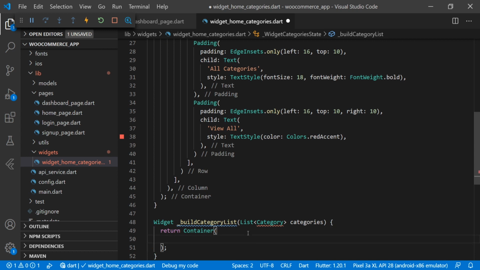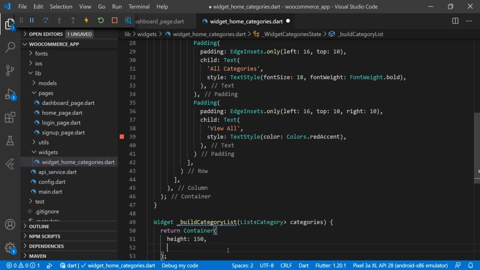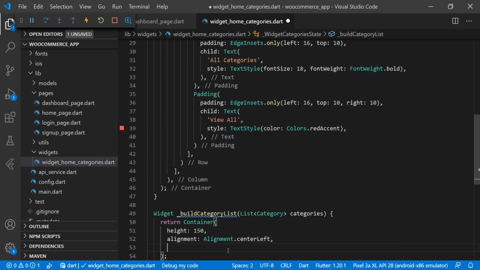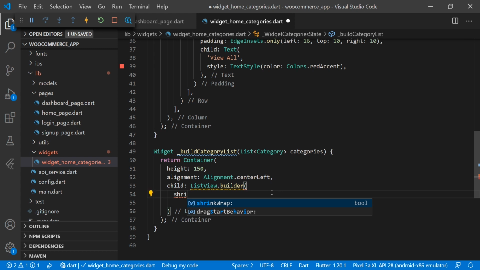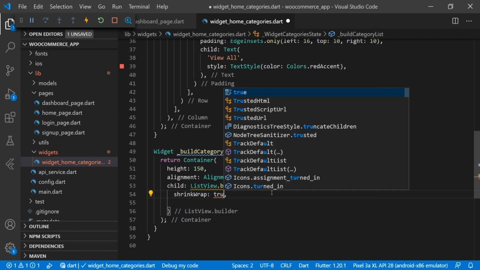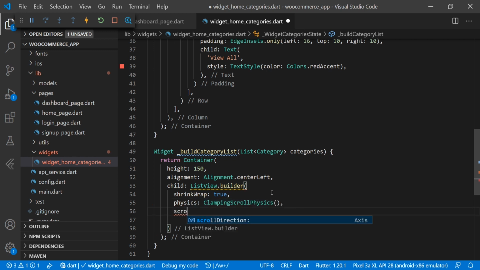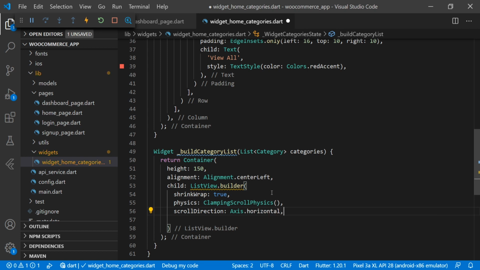Inside that container we are using the list view builder, and the height we are using 150, and the alignment we are using alignment center left. For the child we are using list view builder, and shrink wrap we are using true. For the physics we are using clamping scroll physics, and scroll direction we are using axis dot horizontal.